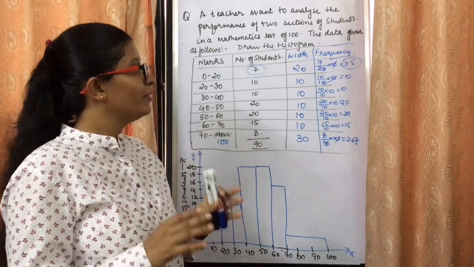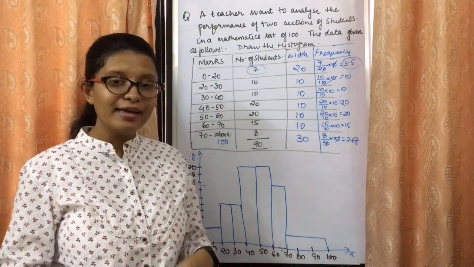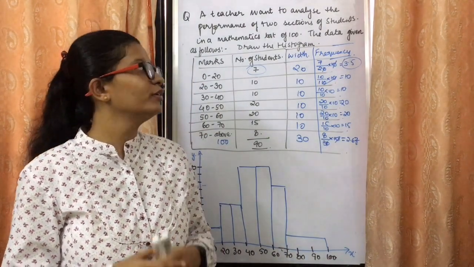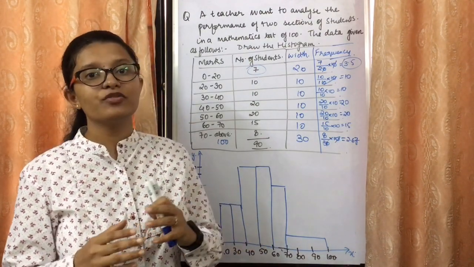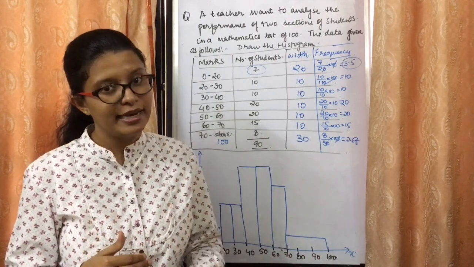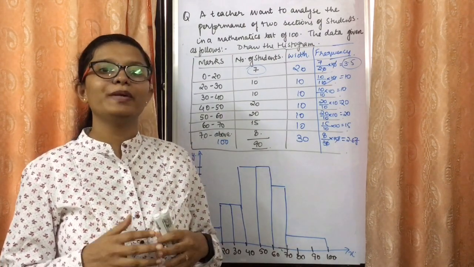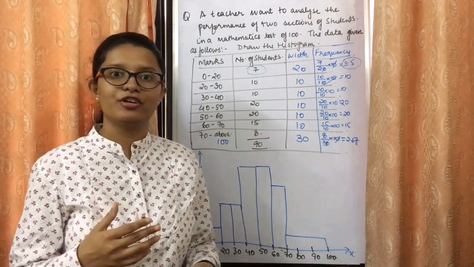So here we end the lecture, the today's video about the histogram, and in the next video we will be learning about the frequency polygon. So this was the second representation which we did for the graphical representation, and the last one we will be covering in the next lecture. Then we are left with the mean median mode representation. What do we mean by it? We will see in the further videos.